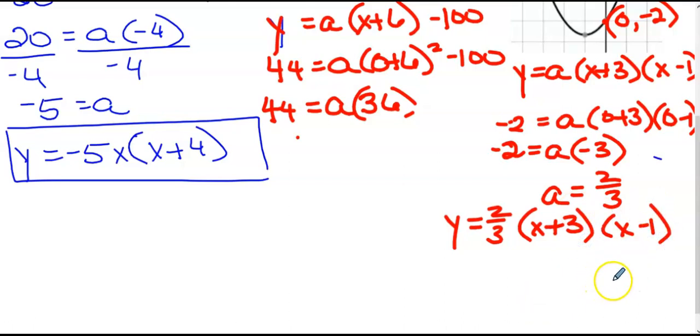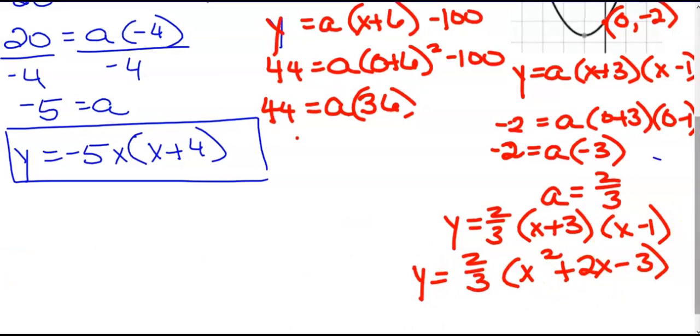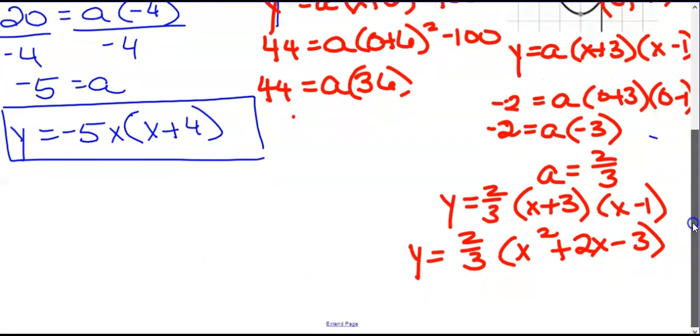They wanted standard form. I'm probably not going to ask you for standard form, but when you do standard form, you've got to multiply all this out. So Y equals 2/3, that's going to be x squared plus 2x minus 3. And then you would just multiply that 2/3 in there. So to do that, I'm going to do this. Y equals 2/3 x squared. That's going to be